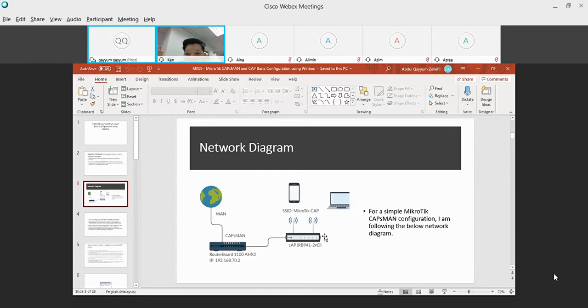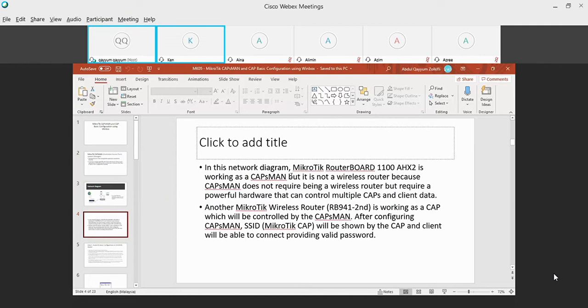Then I have one CAP AC, which will be my AP. I want to manage my CAP in my CAPsMAN manager. This is the simple diagram I want to share with you. I have a step by step guide, so you can refer to it later. I will share it with you.